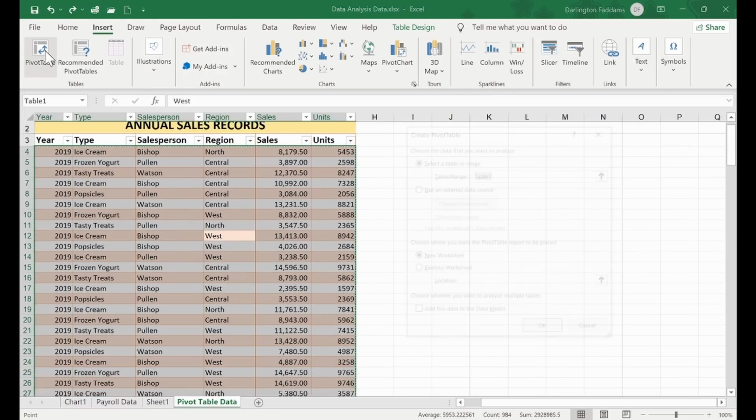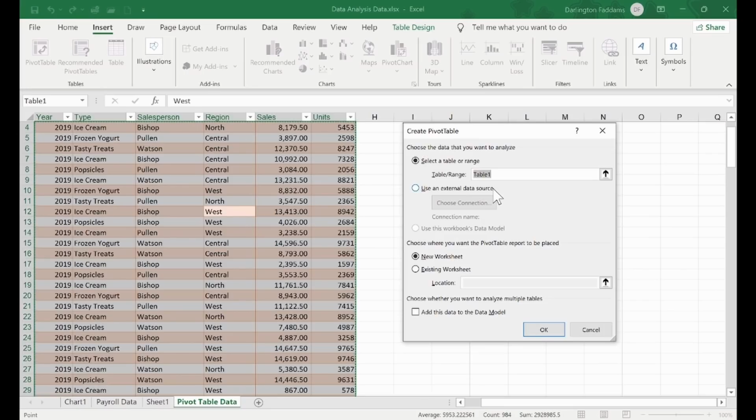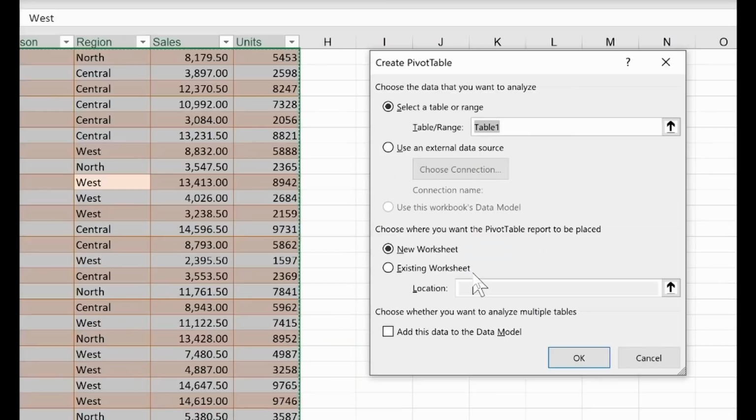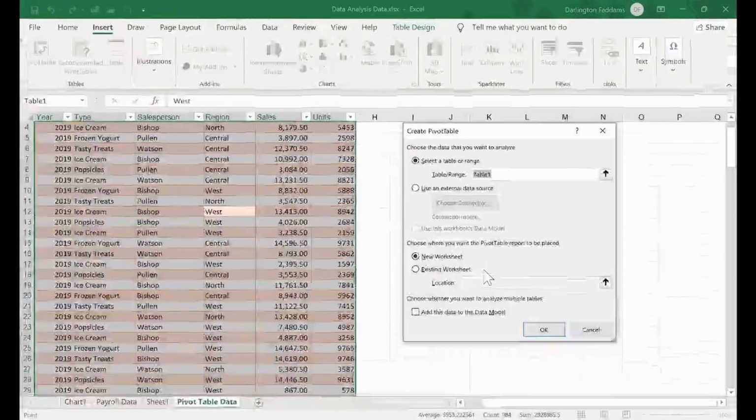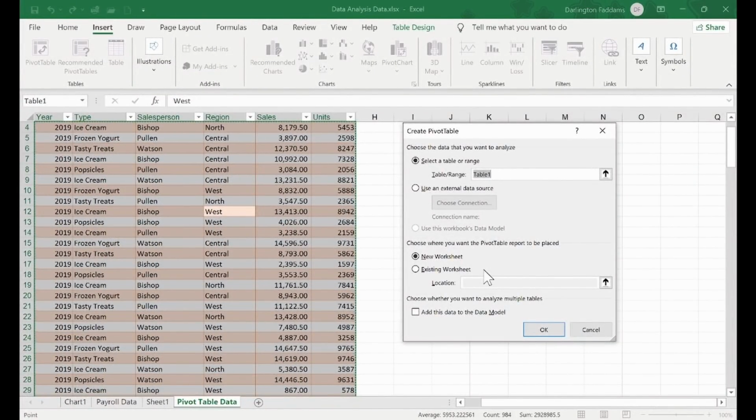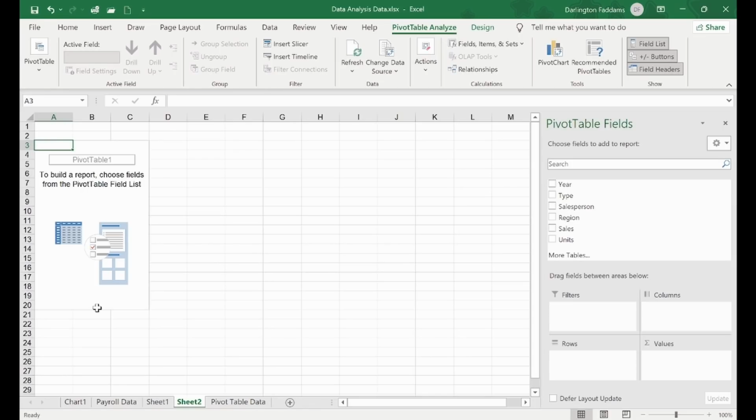Then I'll go to pivot table, and it has picked it for me automatically. Now your pivot table can be inserted into a new worksheet or an existing worksheet. I like to use a new worksheet, so I'll click OK. All right,